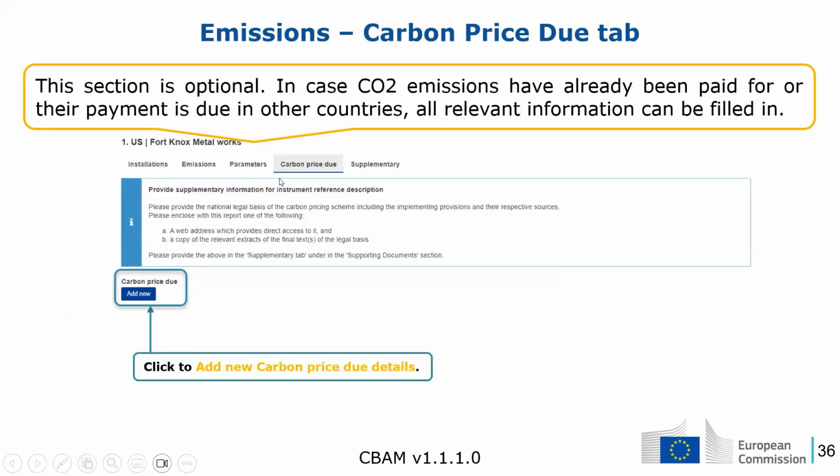Then we will move on to the carbon price due page, where there is a disclaimer here. You can read it. And we can add a carbon price due if we need to declare this information.